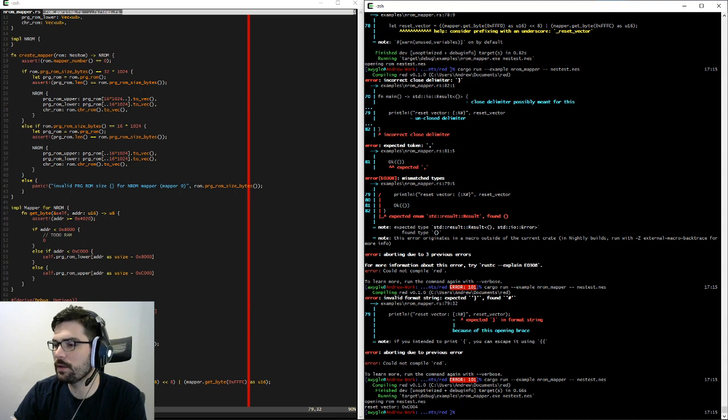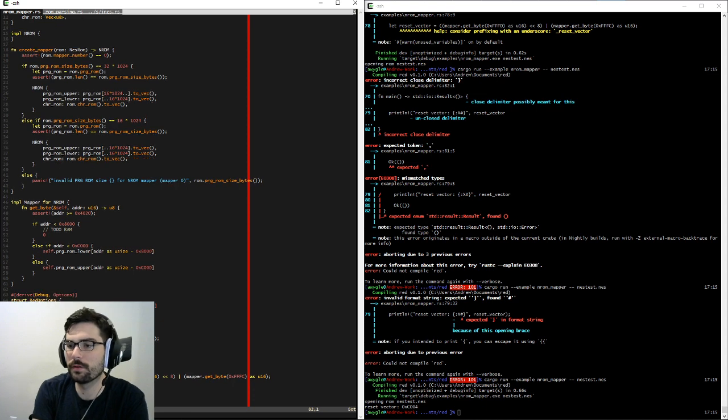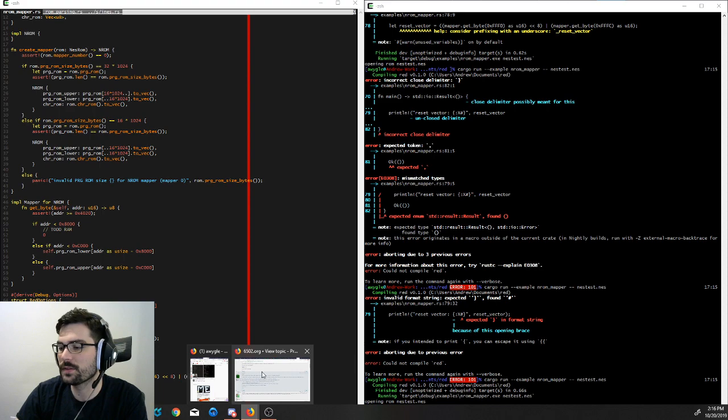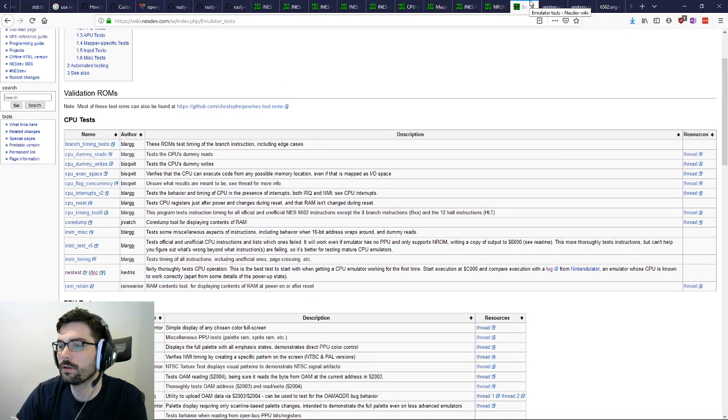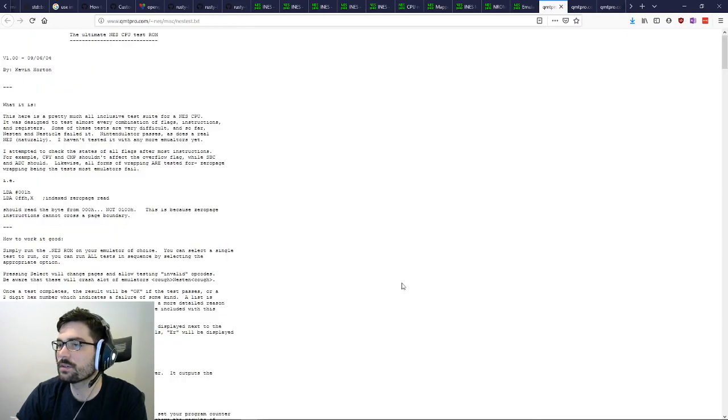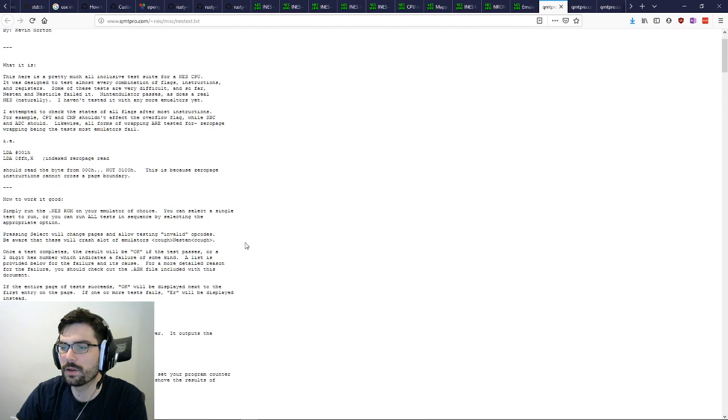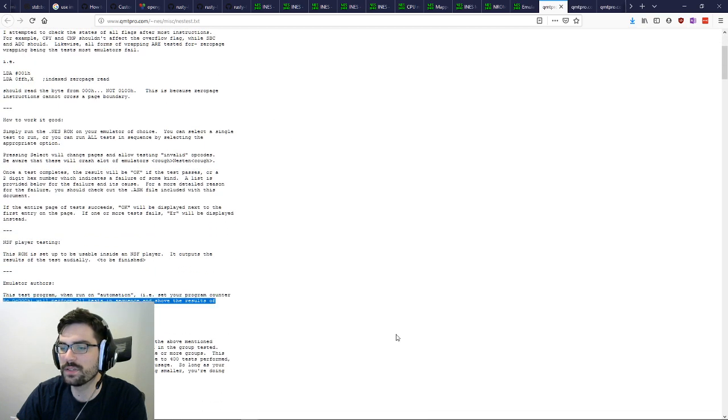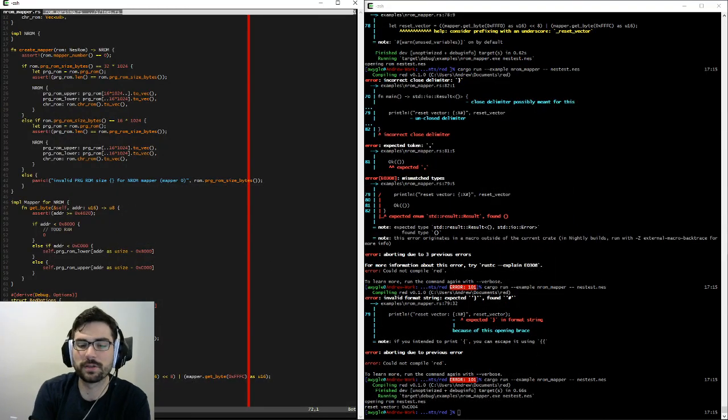So, basically, last time we were parsing a ROM, we were creating this NROM mapper, we figured out where the reset vector is. It points to somewhere a little bit weird for the NES test ROM, and so we're basically just going to do what the documentation says, which is to run it as though the reset vector were C0, and it will just run the tests in sequence. Of course, it won't do that because we don't actually have a CPU, so that's what we're going to have to do now. But first, let's move some of this stuff into